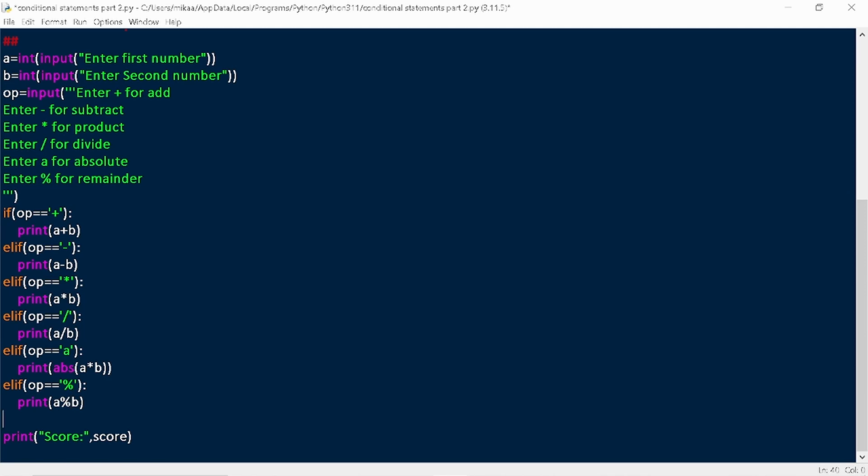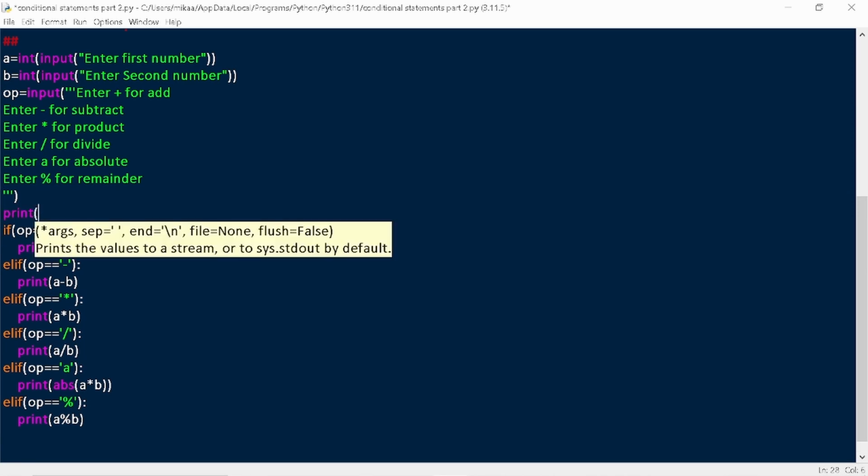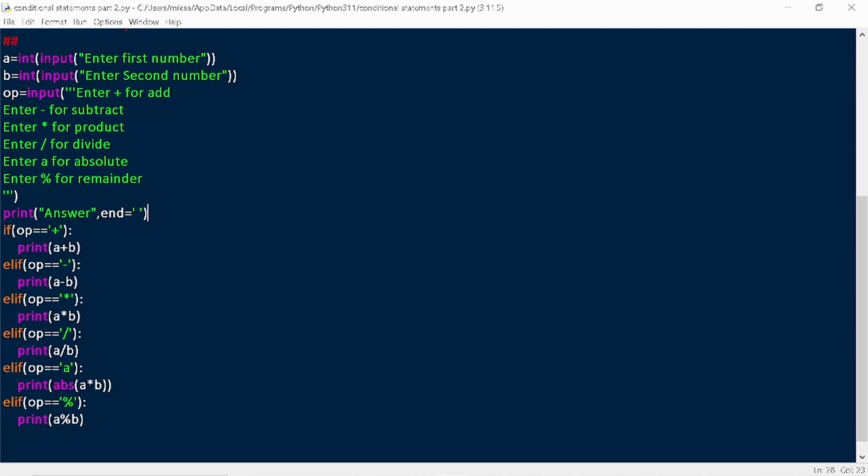So if I run this now, and I enter print answer, comma, end is equal to, so basically when I run this now,